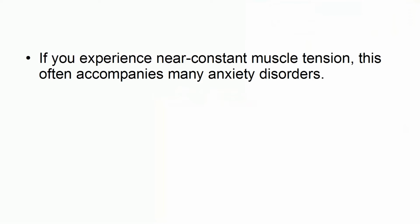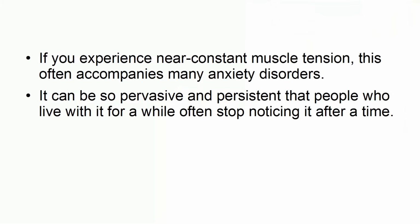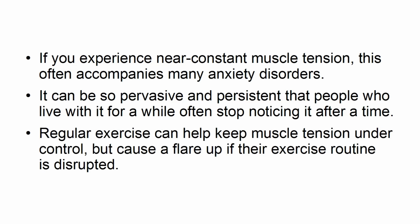Muscle tension. If you experience near constant muscle tension, this often accompanies many anxiety disorders. It can be so pervasive and persistent that people who live with it for a while often stop noticing it after a time. Regular exercise can help keep muscle tension under control, but they may get a flare-up if their exercise routine